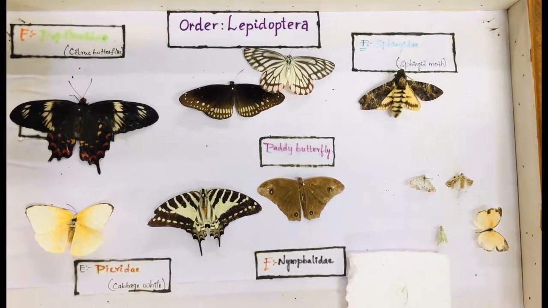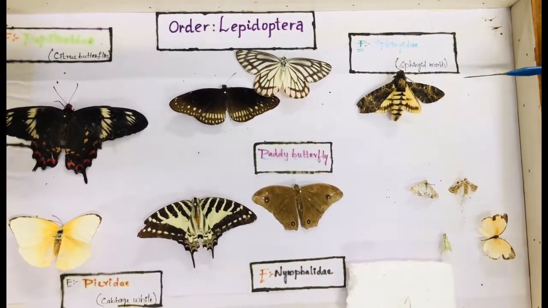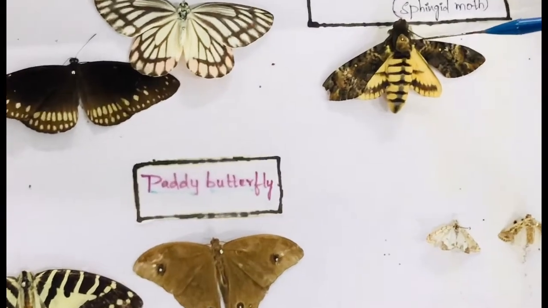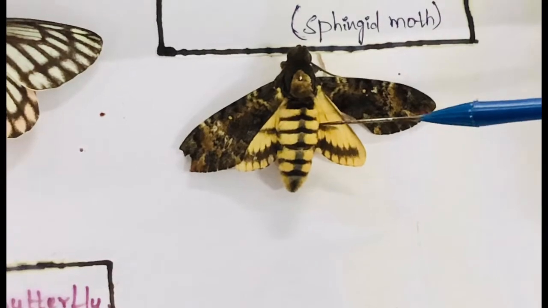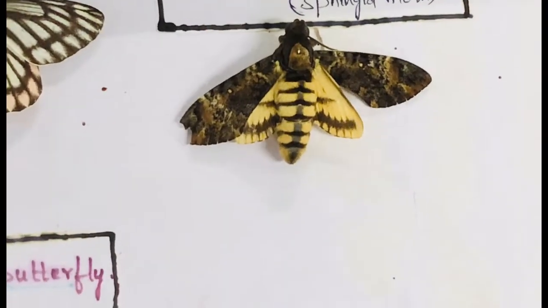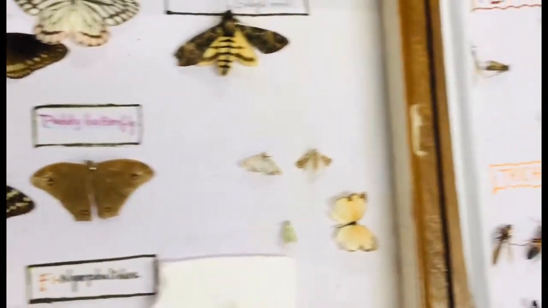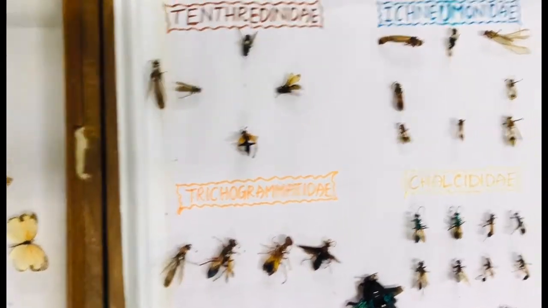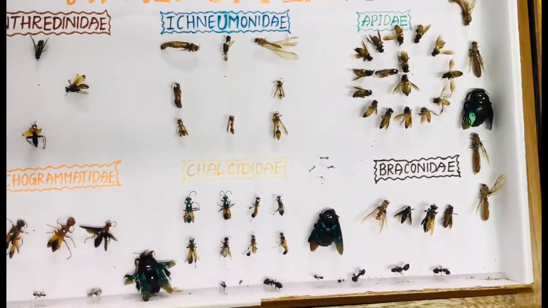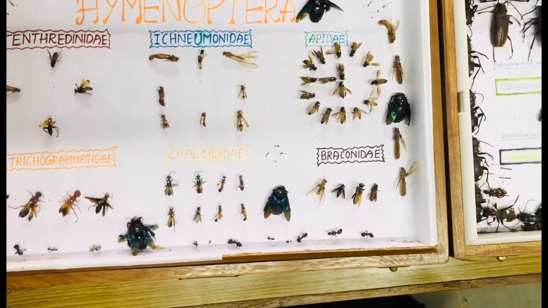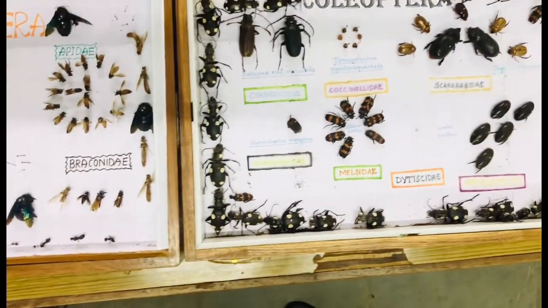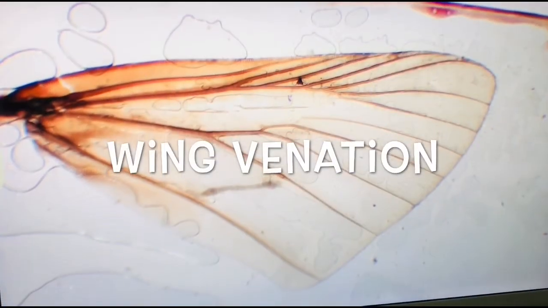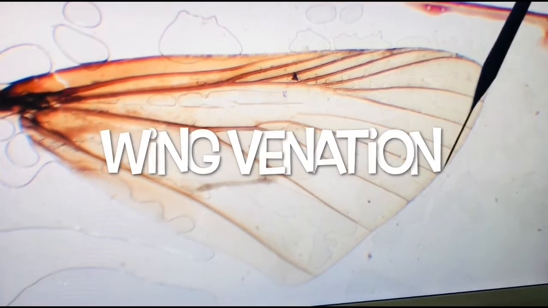So let us see the wings which are present on the mesothorax and metathorax. Here you can see the wings are present on the mesothorax and metathorax. Two pairs of wings are present. Now see, we have all the specimens of insects here. Let us remove the wings of the insect and see the shape of the wing and also the various types of wings present in our lab. So now I have taken a wing and removed the scales. Let us see how the shape of the insect wing looks.